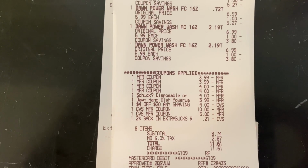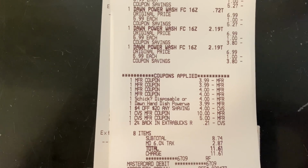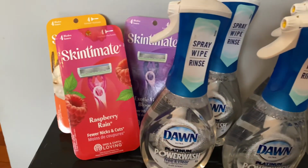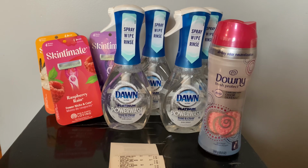I rolled $15.21 in extra bucks, which left me to pay $8.74 out of pocket plus tax. And I did get back the $10 extra buck for the Spend 30 and the $5 extra buck for the Skintimate. If customer service does give me back the $2 in extra bucks for the Downy that didn't come off,